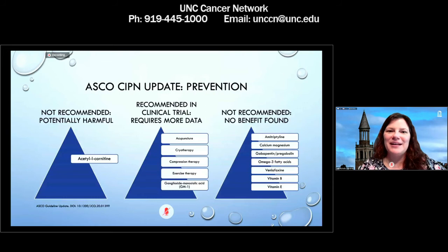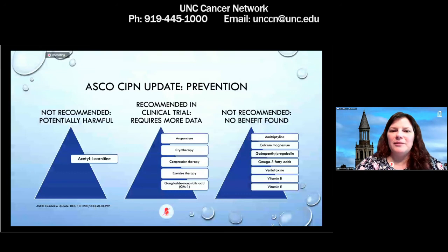Okay. Not recommended or no benefit found would be amitriptyline, which is a tricyclic antidepressant. Calcium and magnesium. We used to try to use this to prevent peripheral neuropathy from oxaliplatin. You give infusions of calcium and magnesium immediately before and immediately after the oxaliplatin dose. It's not recommended anymore. Sadly, gabapentin or pregabalin wasn't found to be helpful, nor omega-3 fatty acids, venlafaxine, vitamin B,